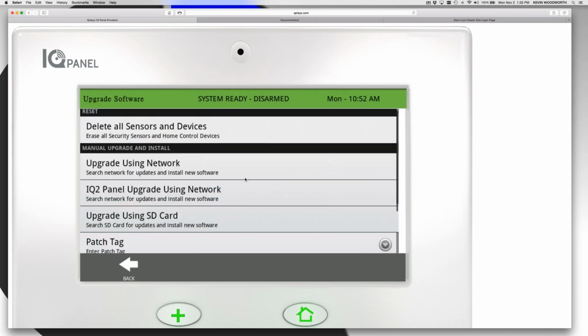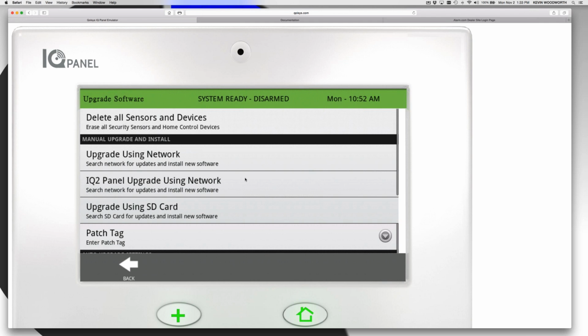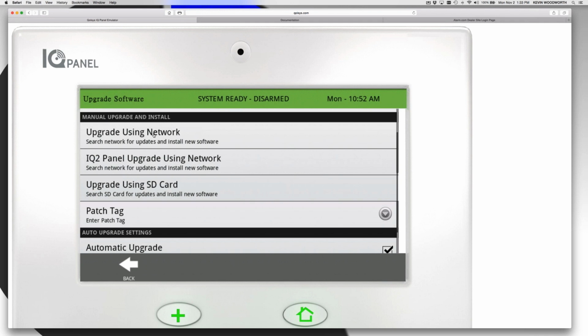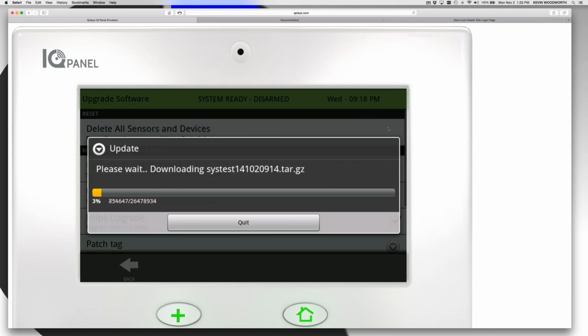Upgrade software is right here. Again, this is one of the important features of the panel. We have a couple different ways that you can manage the software on the panel. You can manually check for an upgrade. So upgrade using network. This is the one I pointed out earlier. I would simply touch this button, and on the emulator here, this will simulate an upgrade. So I'm going to go ahead and do it. You can see that it's downloading the software,